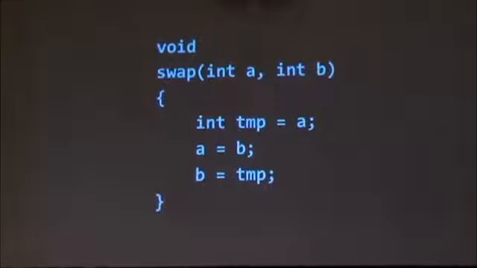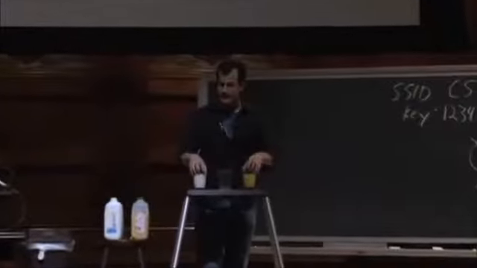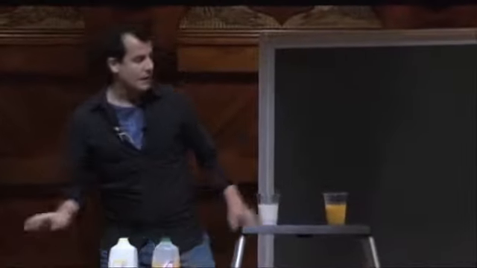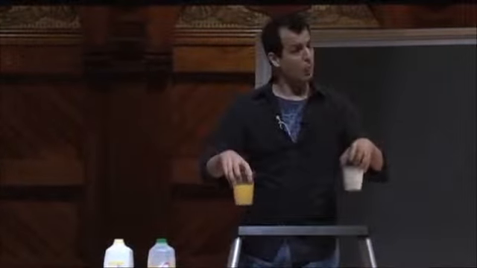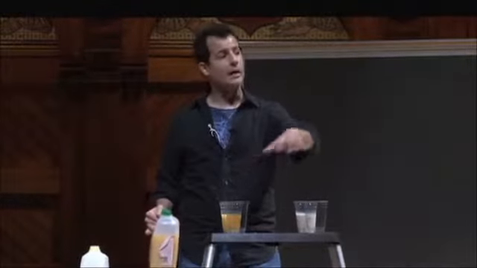And what was the simple answer as to why the inputs to this function are not, in fact, swapped once this function executes? It was this issue of scope. When you pass in two variables, say x and y, into a function like swap, what's actually passed in is two copies of those things. So if these are x and y, and they exist in main, when you actually call swap, I'm going to have to do a little bit of magic here. If this is x, this is y, this is going to be a, this is going to be b,